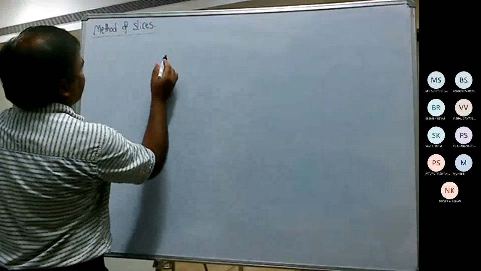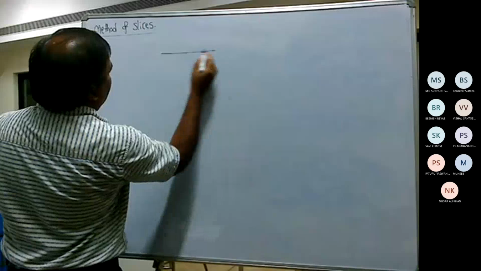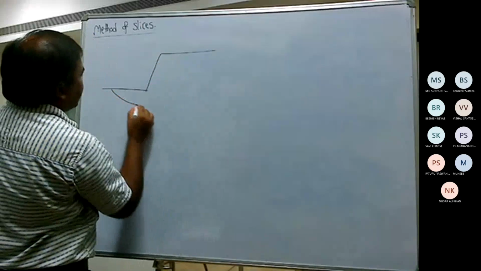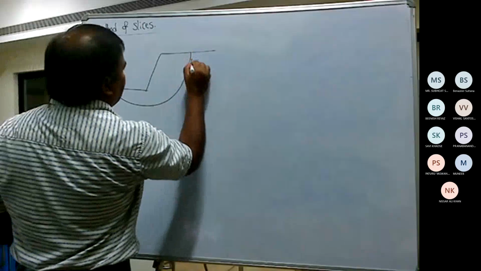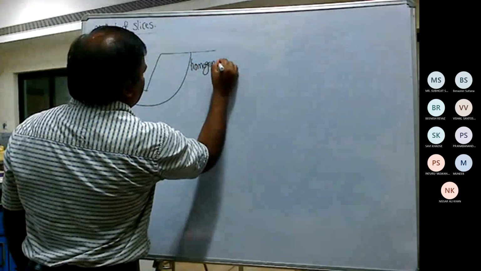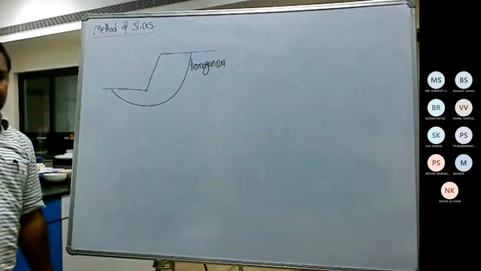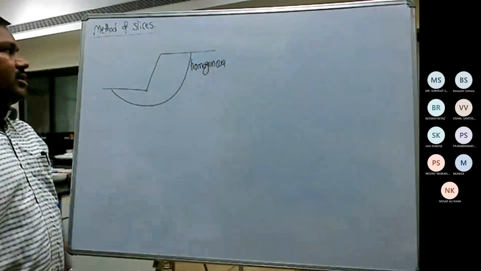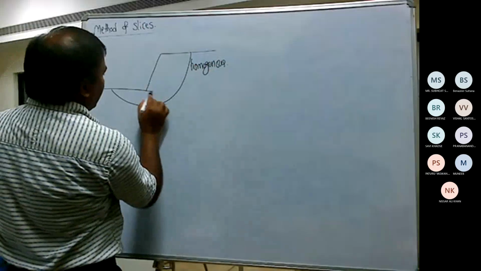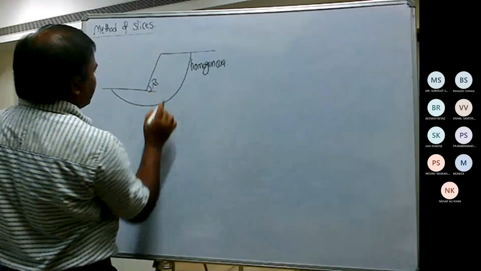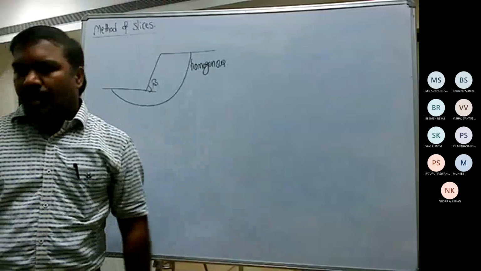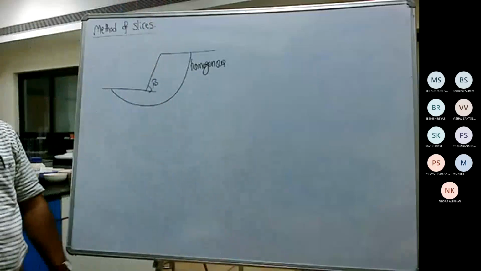Now, another advantage is this. In the mass procedure, one of the fundamental assumptions is that the entire slope is homogeneous. So in the mass procedure, we made an inherent assumption that the entire slope is homogeneous and the angle beta is uniform. That means it's a single slope, or you can say a uniform slope.